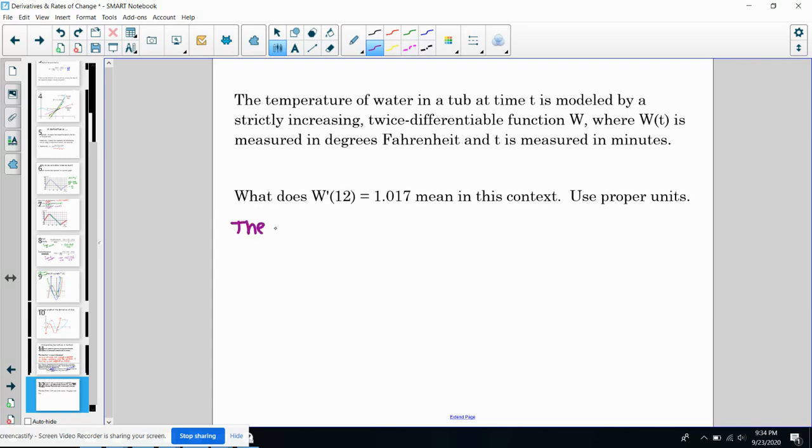So we would say the rate of change, right, because we're dealing with the derivative, so the rate of change of, and we have to figure out what the y is in the context of the problem. So in the intro here, they give you a lot of information, maybe things you don't know, like twice differentiable, like what that means. We're going to cover all this stuff later. So right now, there's just some background information. The main thing is that the y value here is the w of t, which is the temperature of the water. So the rate of change of